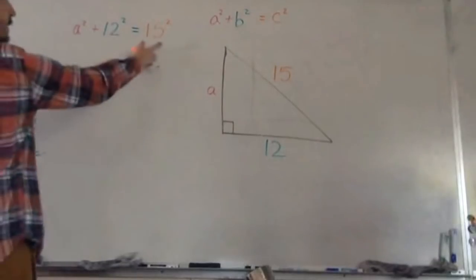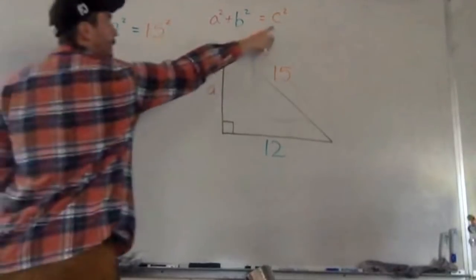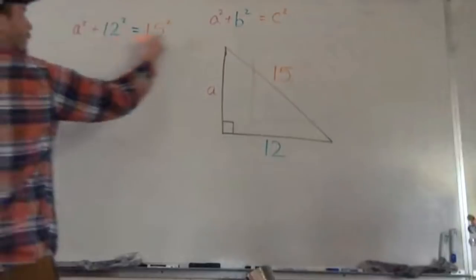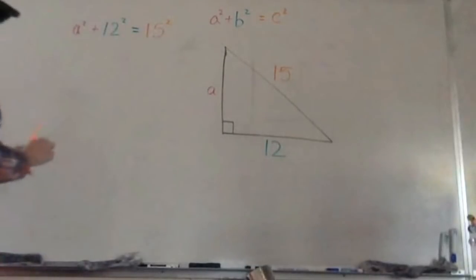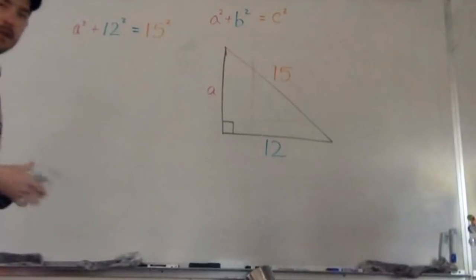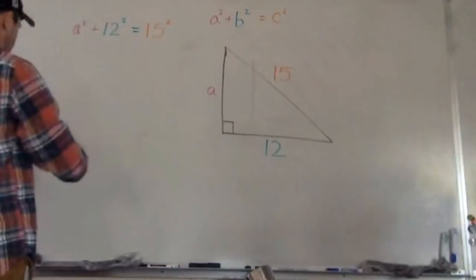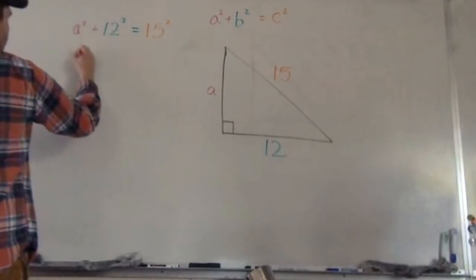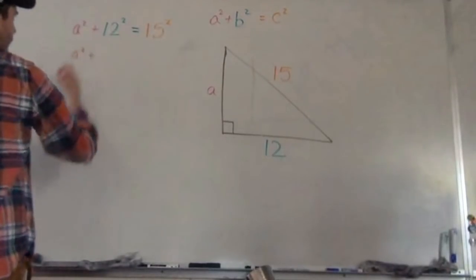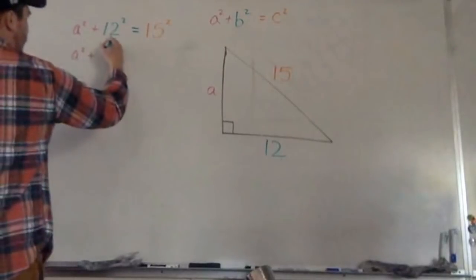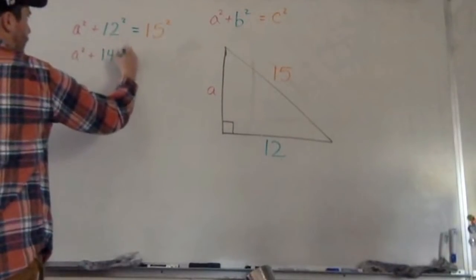So again, all I did is substitute 15 for my C, 12 for my B, and I do not have A. Well, now using a calculator, if you need to, we can do 12 squared and 15 squared. We still don't know A squared, so A squared plus 12 squared, which is 144,